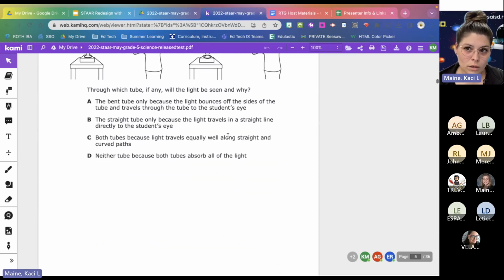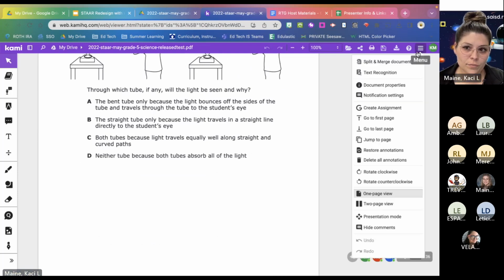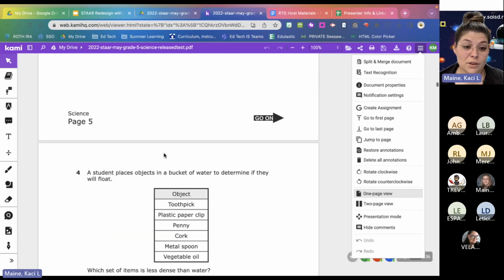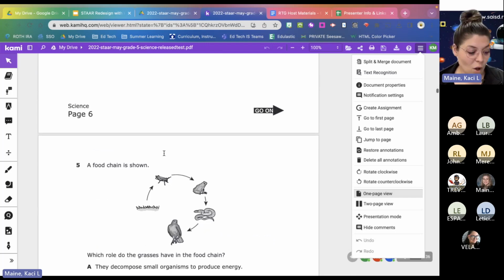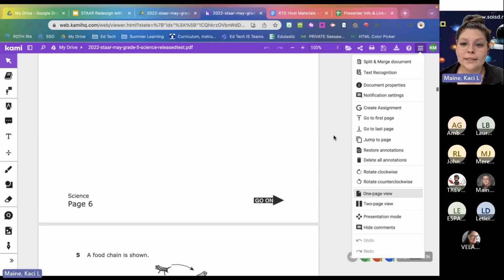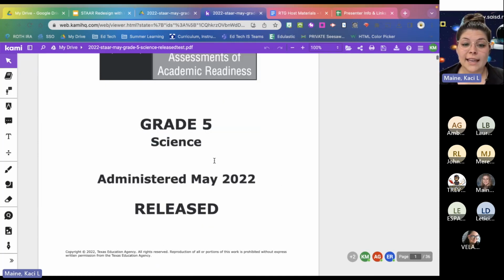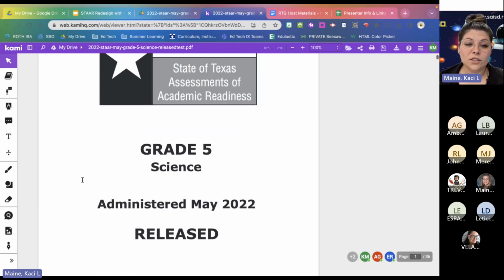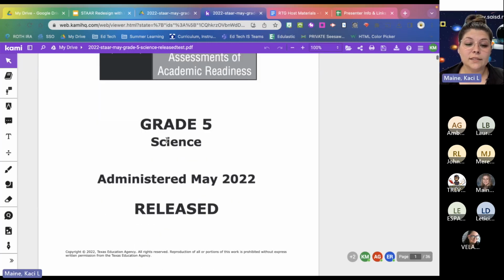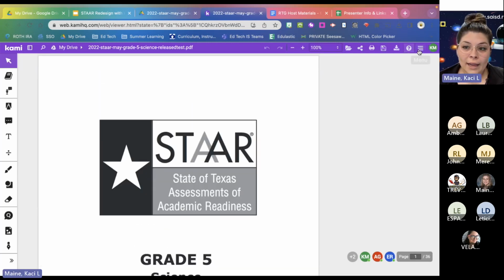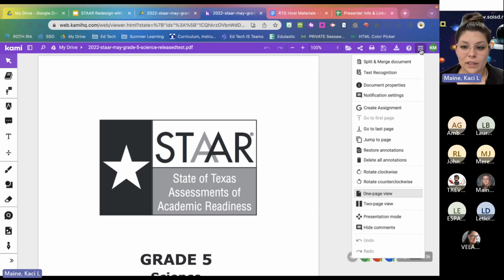You could also take this and split and merge this, because maybe I don't want to use the entire 36 pages. I don't know about y'all, but my students probably wouldn't appreciate that very much on a regular basis, and they probably wouldn't appreciate it very much if they came to school and they saw STAAR test, right? So for the purpose of today, I am going to show you how to just pick a few pages, because